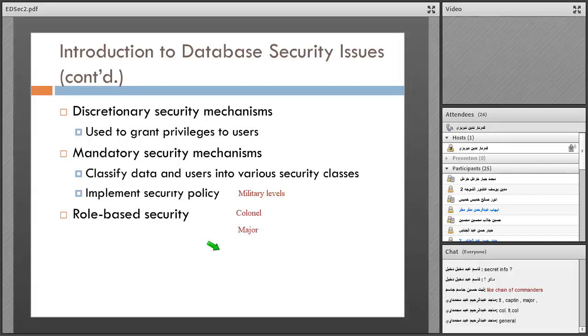General is higher, I think. So it's right, okay.